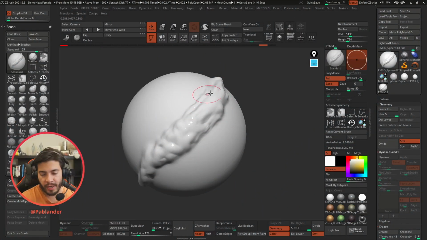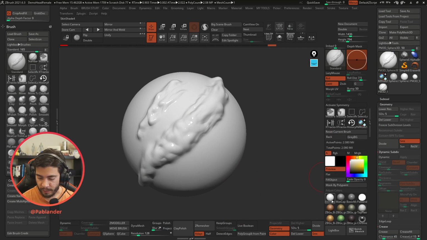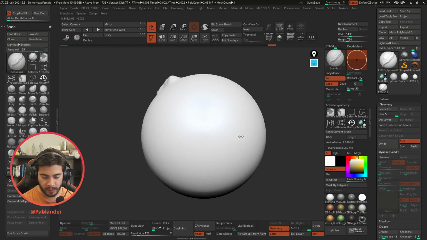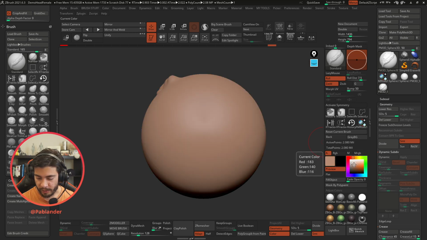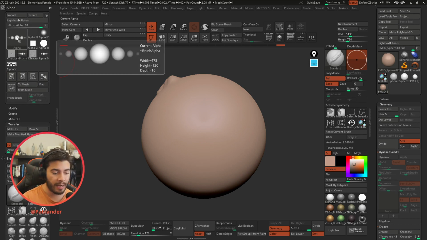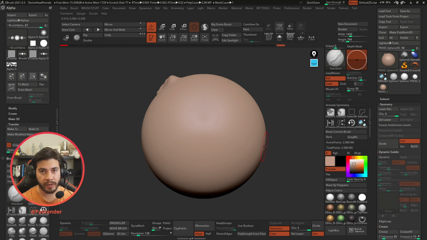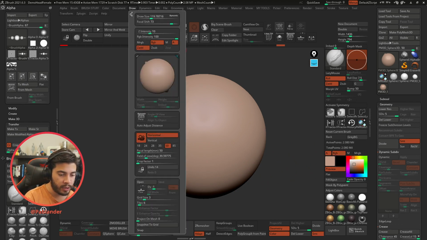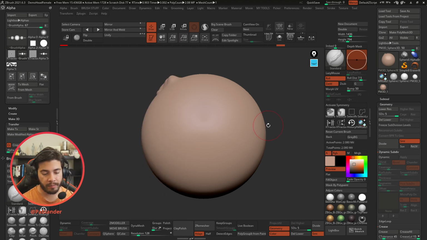So what I have here is obviously a brush that allows you to add sculpted details, right? But if, let's say, select the skin shade 4 so that it's easy to see, I'm going to fill it with a kind of fleshy color, fill object. Because this brush is actually using an alpha that has kind of transparency in a way, as long as we have this alpha enabled, we can also turn on the RGB, right? And these two switches are on this draw palette, right? So you have the alpha, paint with an alpha, and the RGB, which is basically converting whatever you have in the brush as a painting brush.